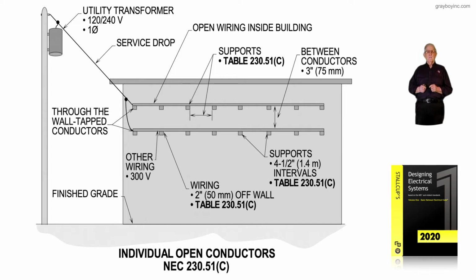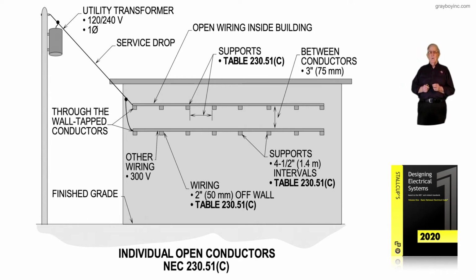And then notice the wall tap conductors that you see in the illustration, dealing with these open wiring conductors that may be on the outside of the building. In some cases, they may even be on the inside. But notice there is a voltage limitation here on these conductors of 300 volts. The wiring here would again have the 2-inch set-off in accordance with our table